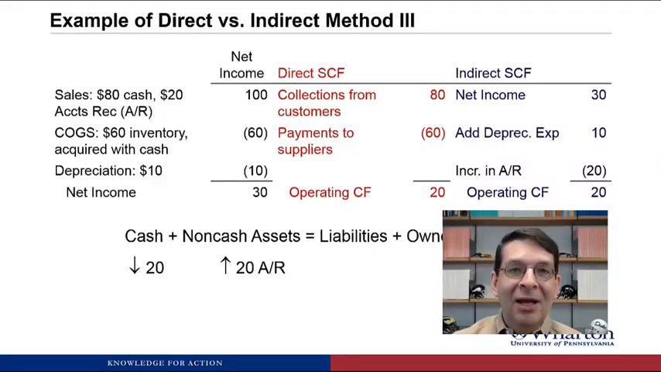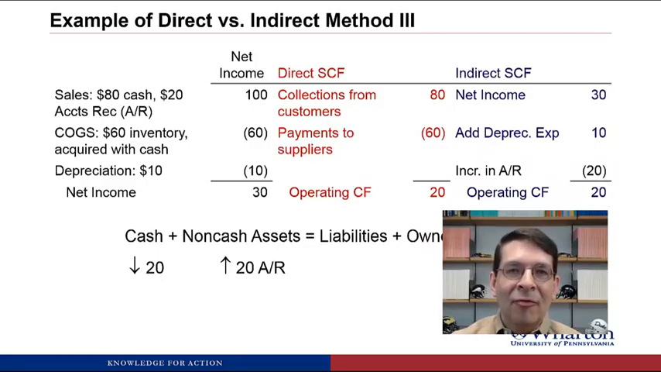We want to start with net income, make adjustments to get to cash from operations. Net income includes $100 of sales. All of those sales are legitimate. They meet the revenue recognition criteria. But $20 of those sales were never collected in cash. What we need to do is start with net income, which includes the $100 of sales, and remove the non-cash